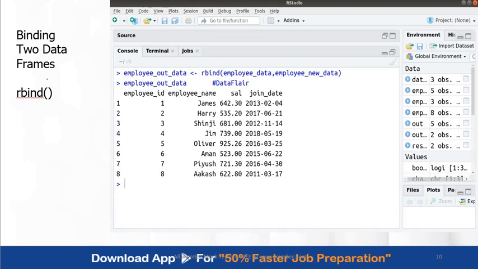The original employee out data will be replaced with the binding of employee data and employee new data, and altogether if I put it on the output or the console, I will get the data which is part of employee data as well as employee new data. So this is the scenario for the entire case, and how you operate on the basic operations of the data frame. Data frames are definitely very important, and these are some of the basic commands which will help you get onboarded with the data frame concept of data analytics.